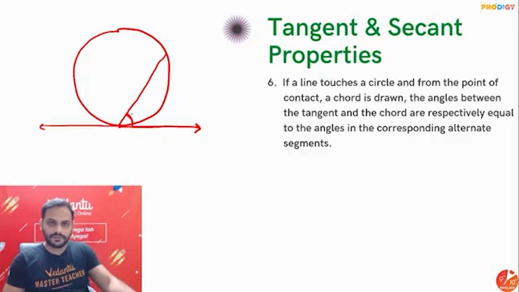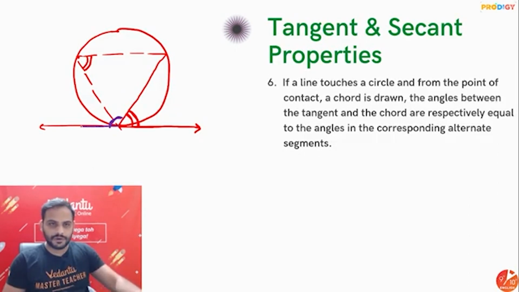the angle between the chord and the tangent, this angle will be equal to the angle in the alternate segment. Any point on the circle in the alternate segment, these two angles are going to be equal. Similarly, if I talk about this angle,